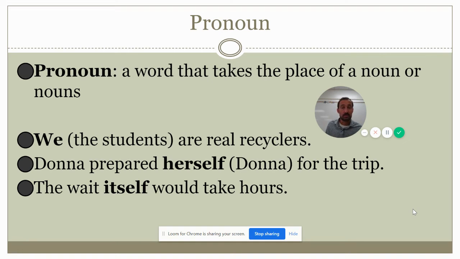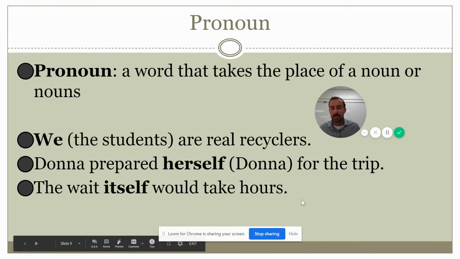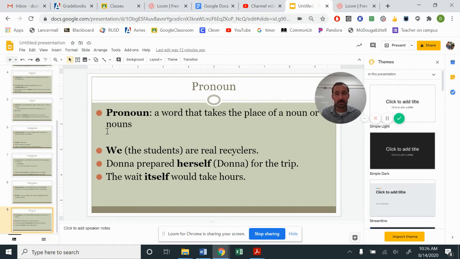So we, the students, are real recyclers. Donna prepared herself for the trip. It would be weird if you talked about yourself in the third person. The wait itself would take hours. So if you go to a restaurant, you're waiting for your table to be ready. The wait itself, okay, you won't say the wait would take hours. You say the wait itself would take hours. So pronouns, which I'm sure you guys used before, are a way for us to exchange words and change up the tone of our sentences. Okay. So that right there, ladies and gentlemen, are the different